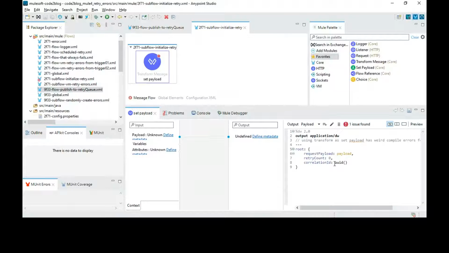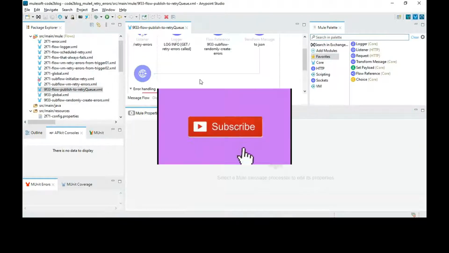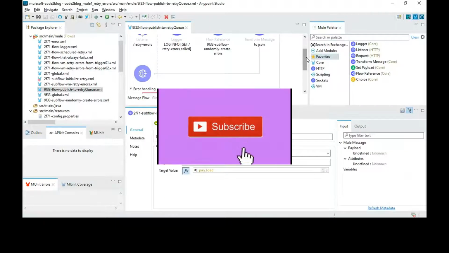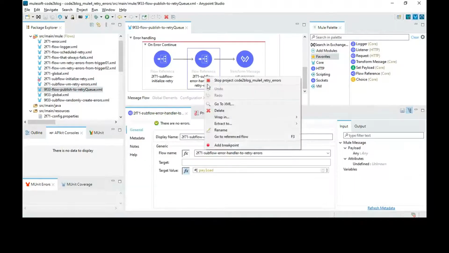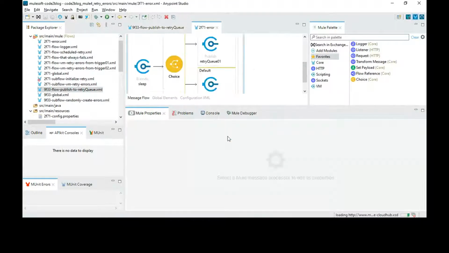That is, I set the retry count as 0 and the UUID is being set. The request payload is set. The output I'm using is DW to handle all sorts of data types. And after that, I call